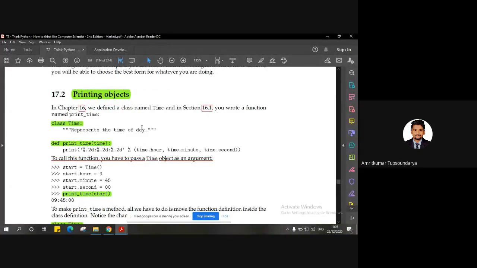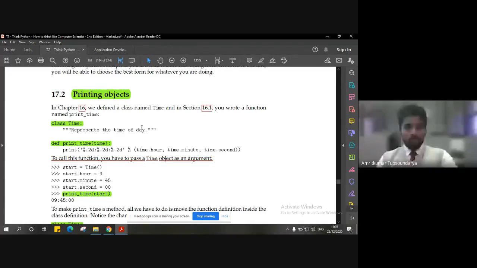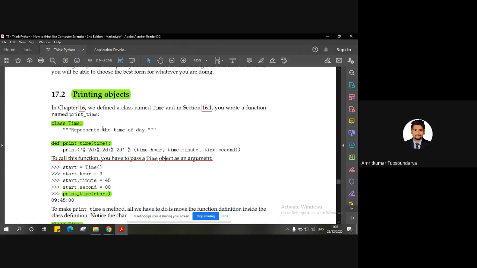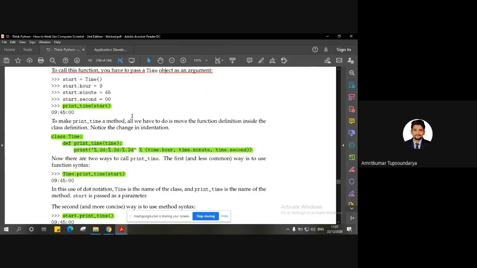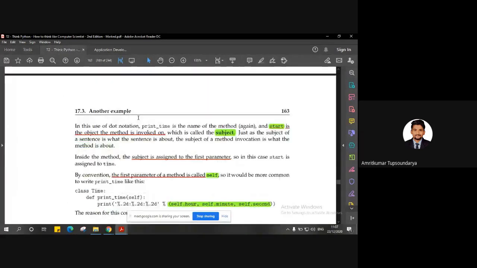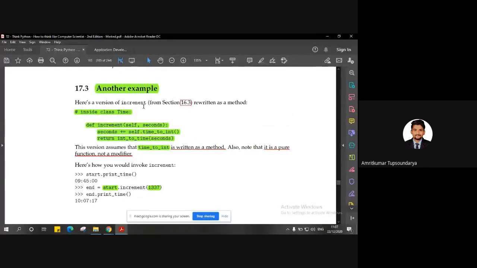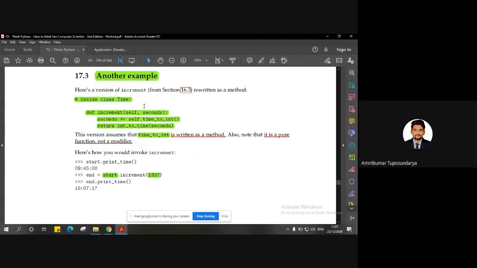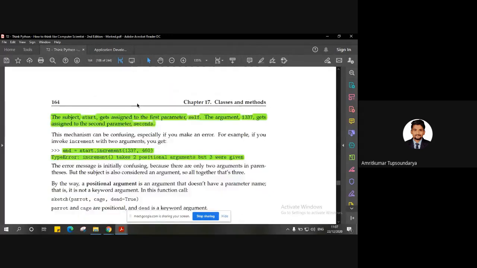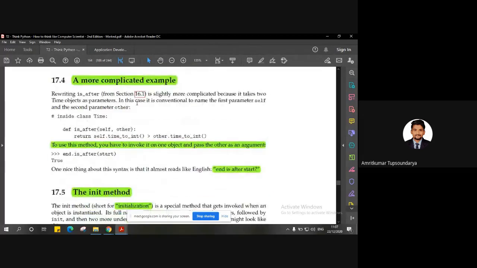We made use of the same example that we took, the programmer-defined type, that is Time. We went ahead to discuss the objects of Time and printing those objects. We also had a few examples with respect to that, and a few more complicated examples related to the same.